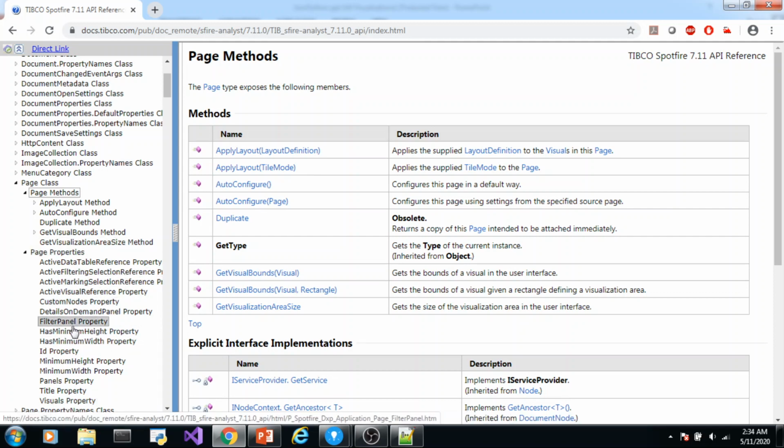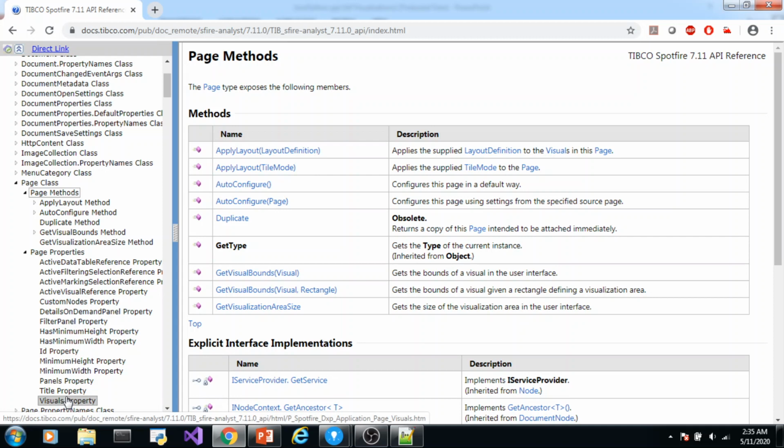Don't get confused with the page collection class. That refers to a collection of pages, but these properties refer to one page. For example, there is a property called visuals. When you want to loop through all the visualizations of one page, you can use this property.